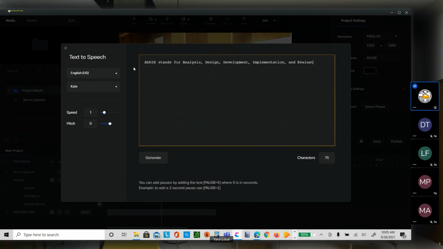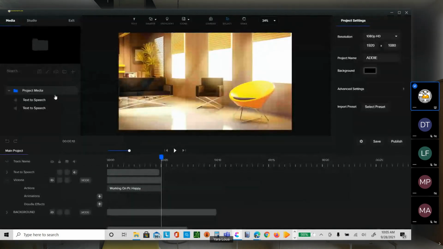Good job. And you generate it, and you preview. ADDIE stands for analysis, design, development, implementation, and evaluation. And you import the media. Okay. So when we have that,